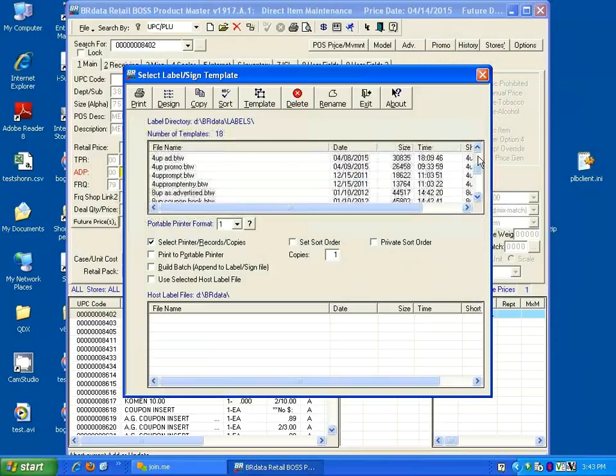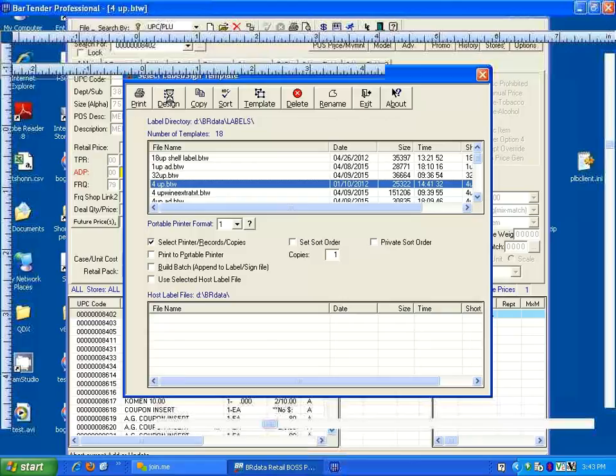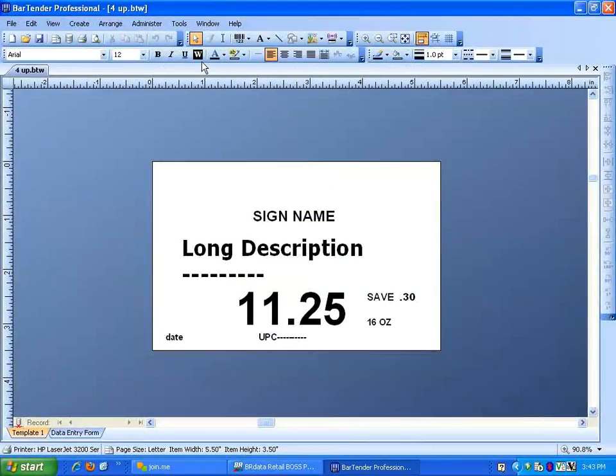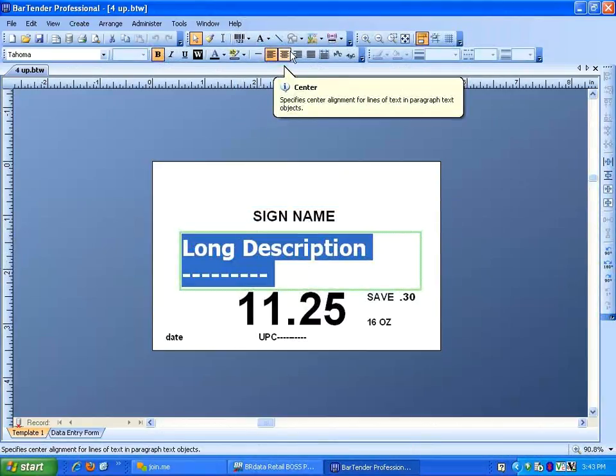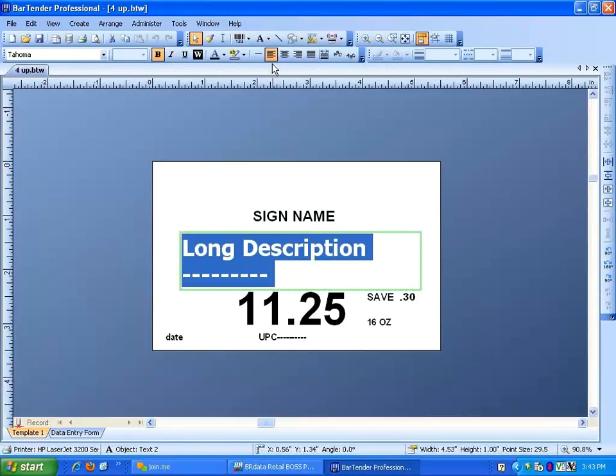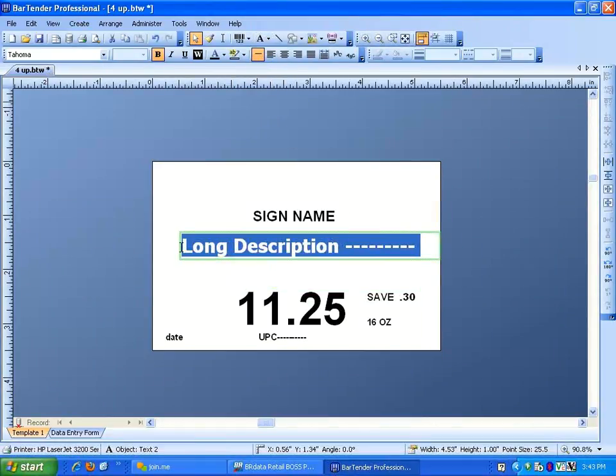What I'll do is I'm going to go up into a 4-up and hit design. And up here, a couple more formatting options. Up here, if I click on this field, I have a line left, center, right, or a single line. These three are for paragraphs. So if I click on a single line, it changes that format. And the difference between a single line and a paragraph is if I have a single line, it's going to print that information all on one line. So if I had